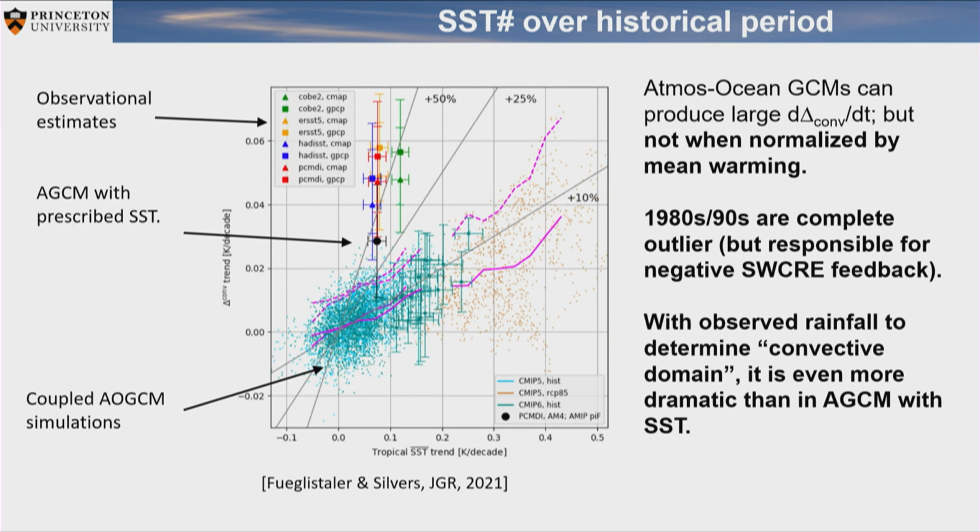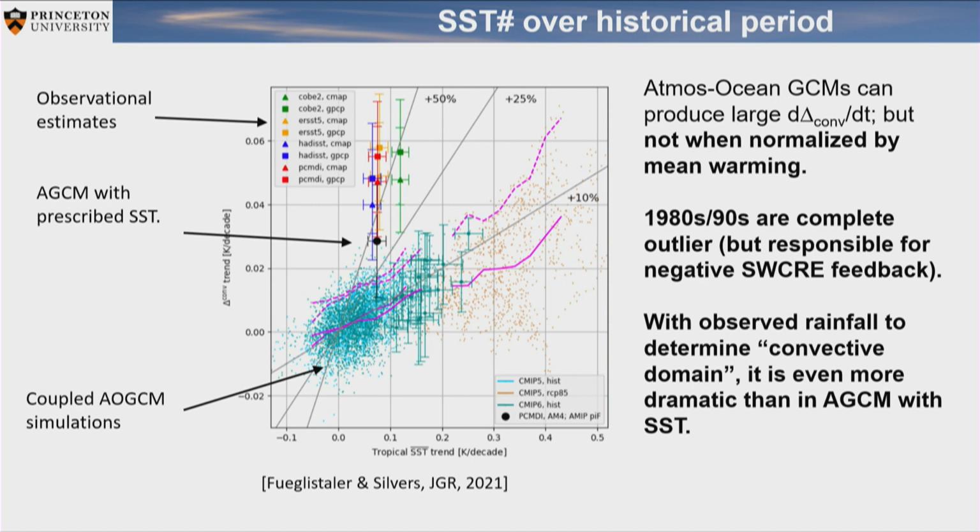Right? So it's the same sea surface temperature, but rather than just taking, say, the warmest 30% or so, I deliberately only track the SSTs where I have strong rainfall. If I do that, then I end up here, and this is a combination of different SST data sets. The green is COBE, ERSST5, HadISST, PCMDI is red, with 2 different rainfall data sets. One is GPCP, the other one is CMAP.